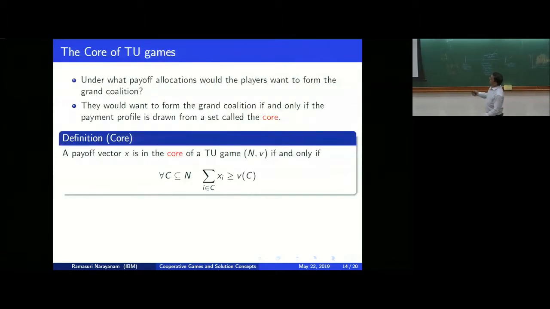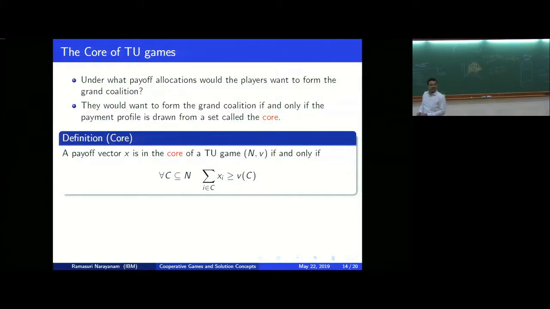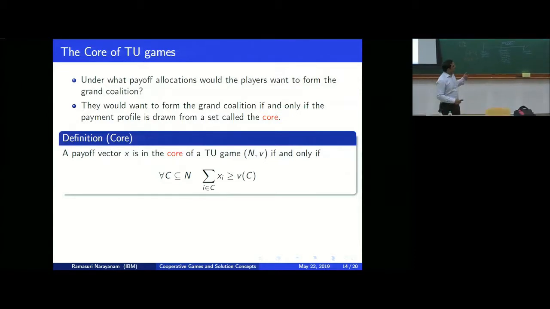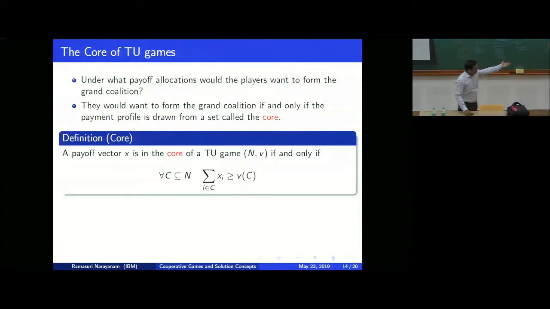Now we are getting into this solution concept. Let's start with the core. How does the solution concept core derive a payoff vector x1, x2, etc., xn, given a cooperative game instance in the form of this tuple n comma v, where n is the set of players and v is a set function? It attaches like this. A payoff vector x is in the core of that TU game, transferable utility game, n comma v, if and only if, for all possible subsets C,